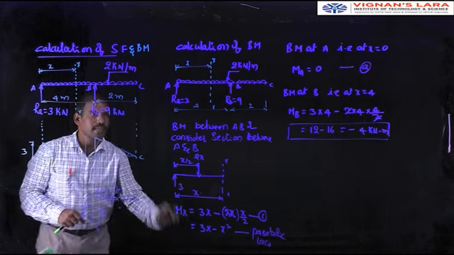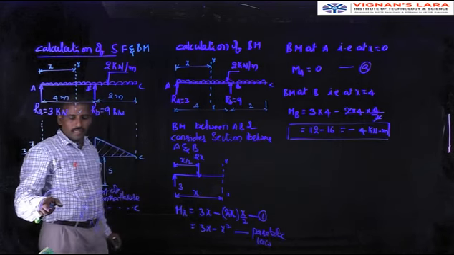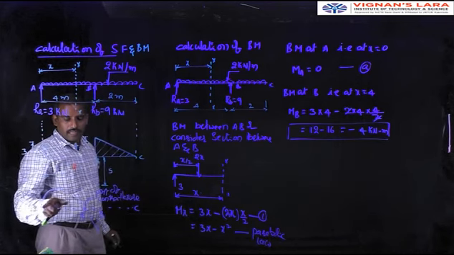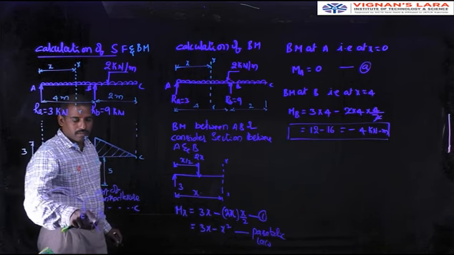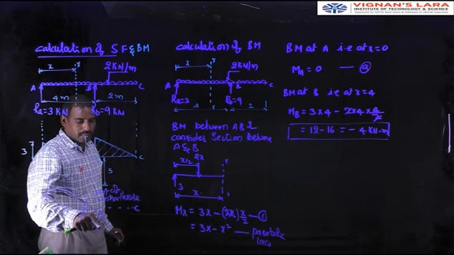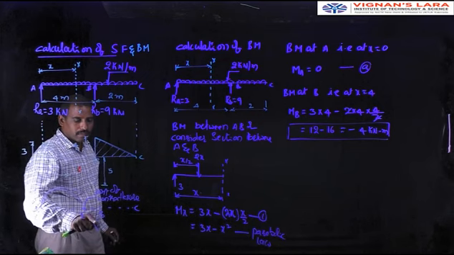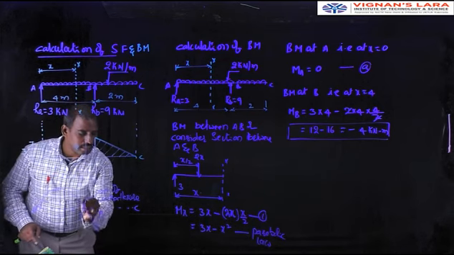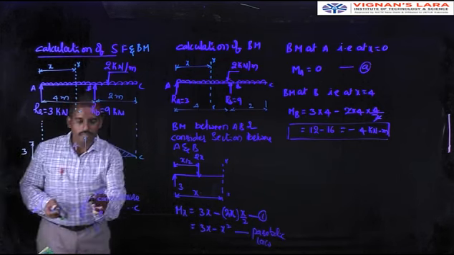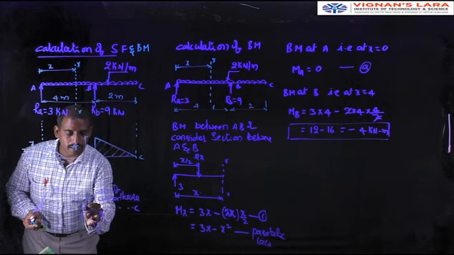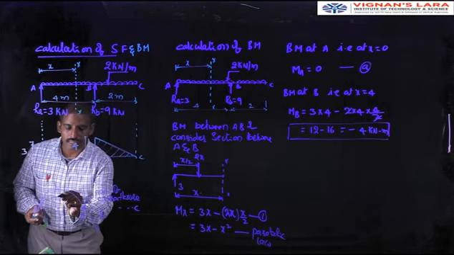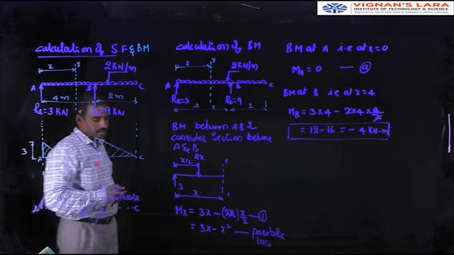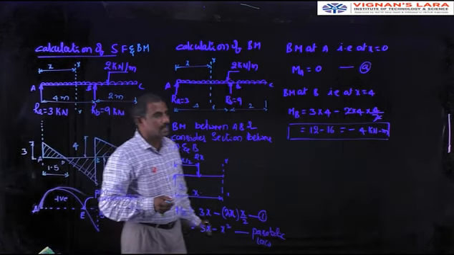So this is to be calculated or found out. So we know the magnitude of the bending moment at A. Again, what about the magnitude of the bending moment at B? So that is minus, and it follows the parabolic law. It means the bending moment is 0 at a particular point, that is E, that is called as the point of contraflexure.